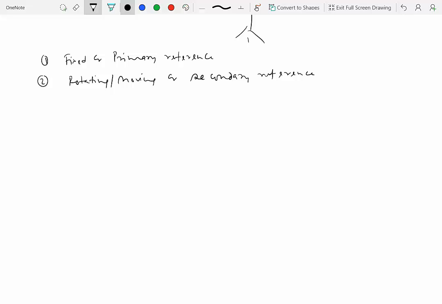So what we will do is we will attach a reference frame to the rotating rigid body on which sliding is happening or the relative motion is occurring. And we will of course have a fixed reference frame or a primary reference frame with respect to which we want to compute our velocity and acceleration. And the reason we want to compute our acceleration, especially with respect to a fixed or a primary reference frame, is because those are inertial reference frames. And if we want to plug in the acceleration expression or the values in Newton's second law, then we need to ensure that we are plugging in the acceleration which is measured with respect to an inertial reference frame. So we will have two reference frames, and we will see that by the use of two reference frames,